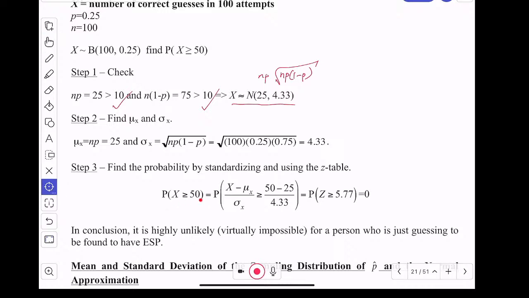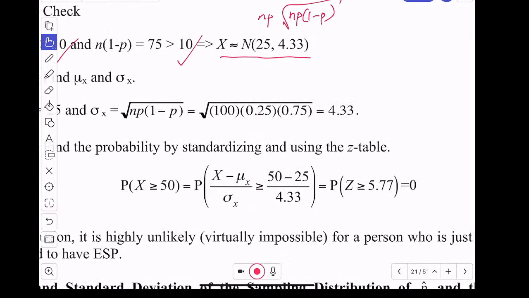What's the chance that x is greater than or equal to 50 correct guesses? It's going to be very small because it's unlikely that someone will be found to have ESP, but let's take x and standardize it with the new mean and the new standard deviation. This notation is just to remind you, with the subscripts, that we created a new variable. You don't have to write with this notation every time, I don't mind, as long as you know to standardize. Minus 25 divided by 4.33, and we know that if I draw this,